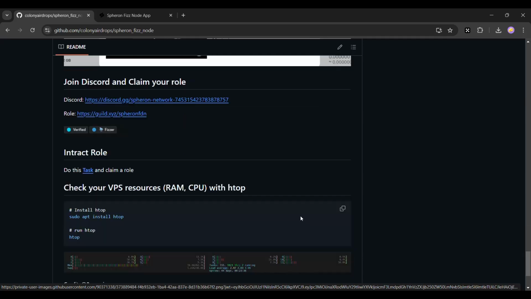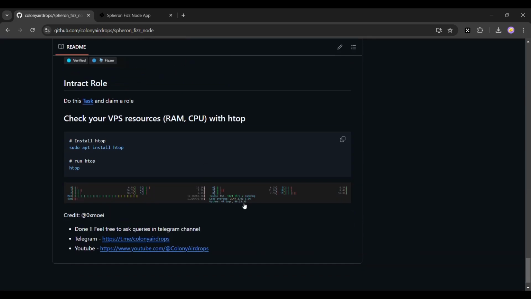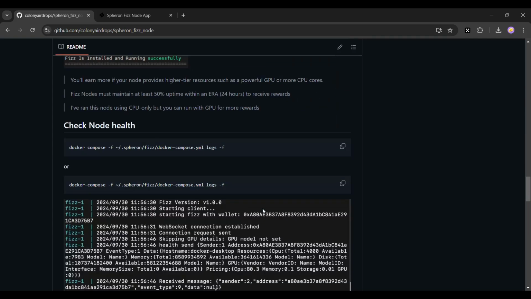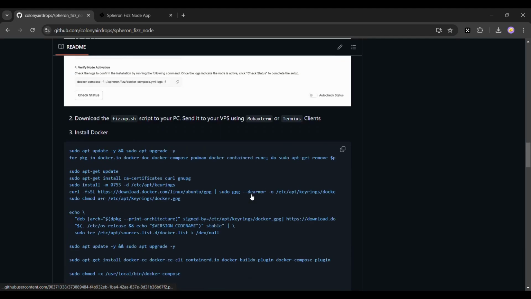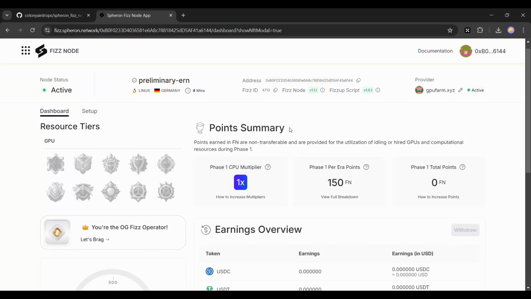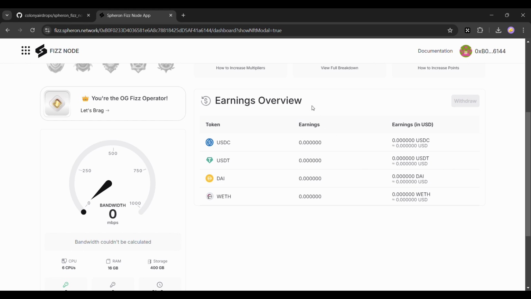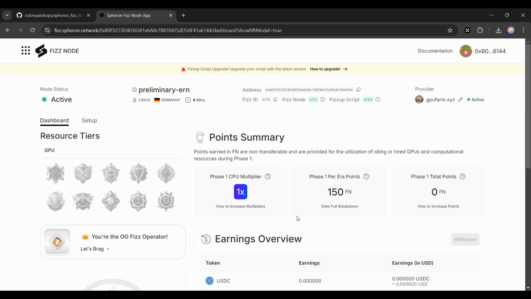So complete this step. Make sure to join our Telegram as well. I will update you mostly on Telegram. If there is an update regarding this node, sometimes we need to download another file, like we did in Hemi network. We downloaded a file, transferred it to our VPS, and ran it again. In a similar way, we have to do this in Spheron network as well. We download the new file, give permission, transfer it to our VPS, give permission, and then run.